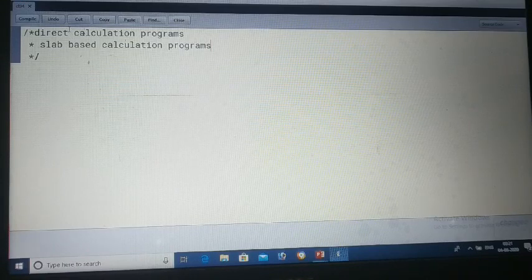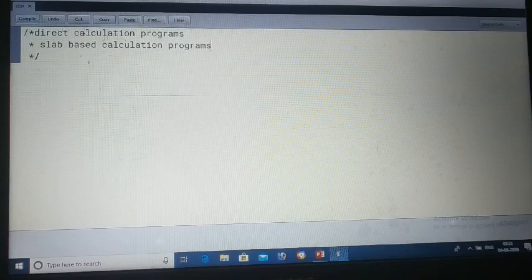If you are purchasing more than 500 till 2000, you will get 5% discount. If you are purchasing more than 2000 and up to 5000, you will get 10% discount. So this kind of program will be considered under the direct calculation program.